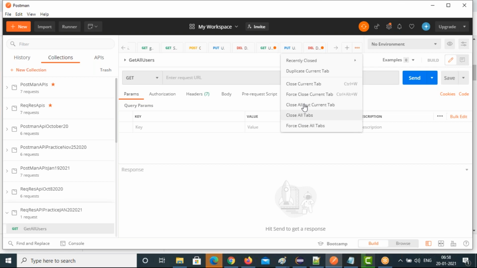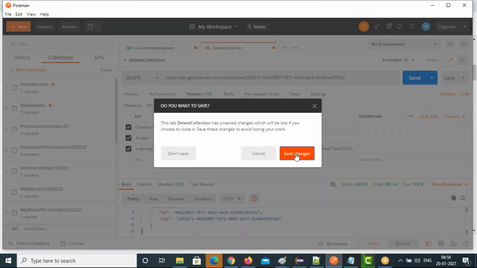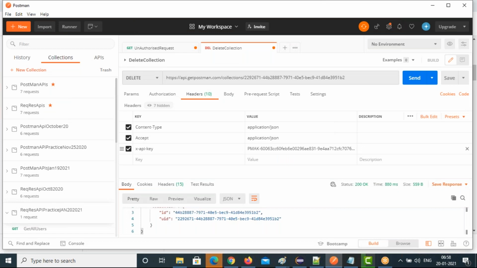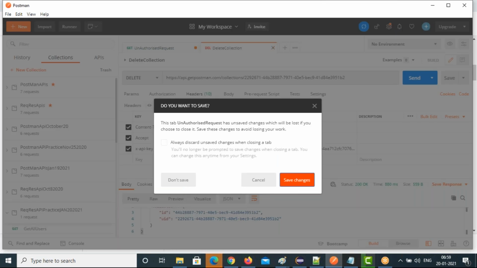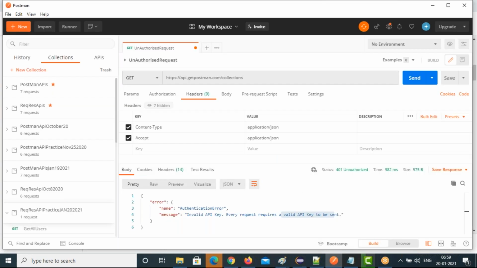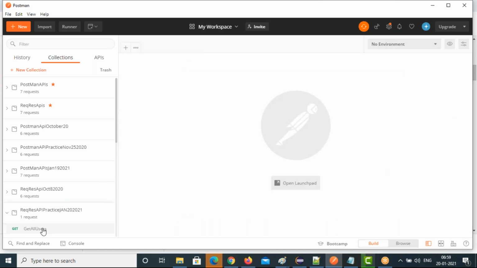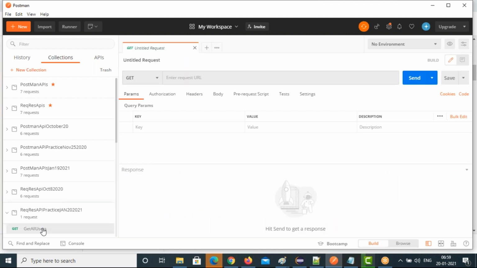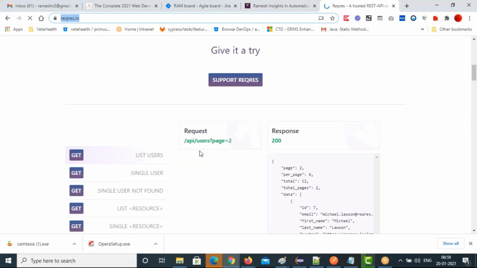We can do that, so that it is easy for you to remember. Now, get all users. Give the server URL, endpoint URL slash, and then this one. You just copy this.